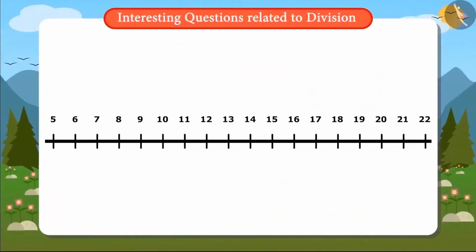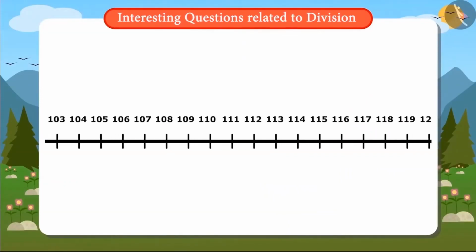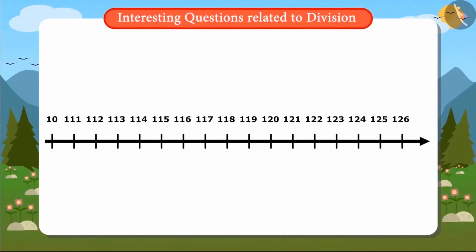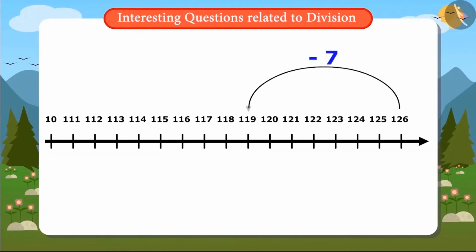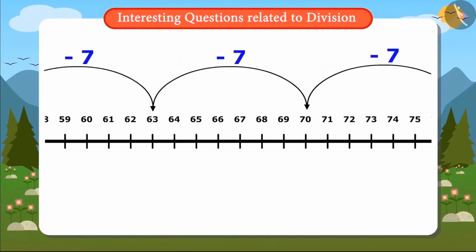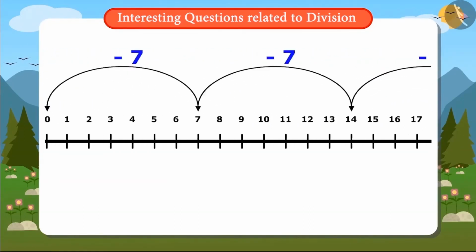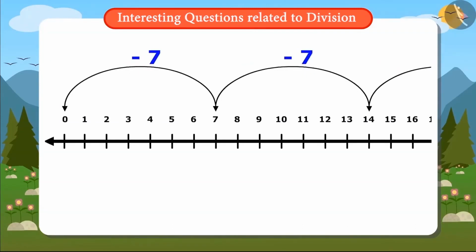To solve this question, I have come up with a technique. I will write 126 on a number line. And now if I minus 7 from 126, I got to know that after one day, I will be left with 119 rupees. Now I will subtract 7 from 119. The answer is 112. By this I get to know that after 2 days, I will be left with only 112 rupees. Likewise, I will keep subtracting 7 on this number line till I reach the figure 0. So once I reach 0, that will mean all my pocket money is spent.